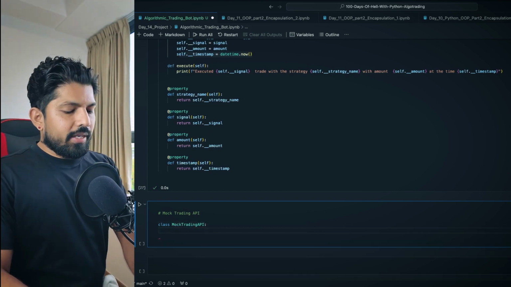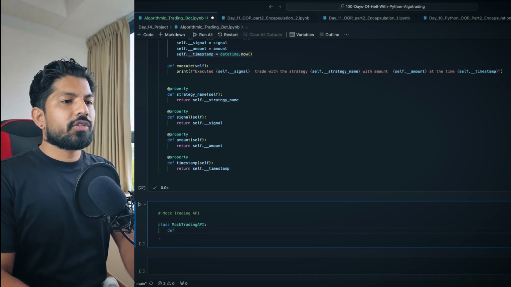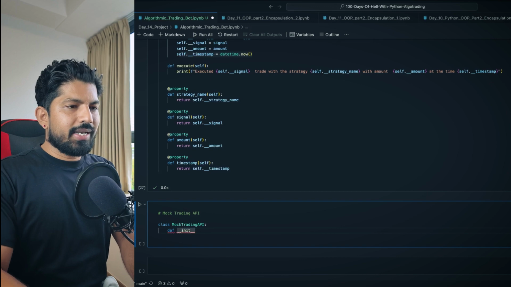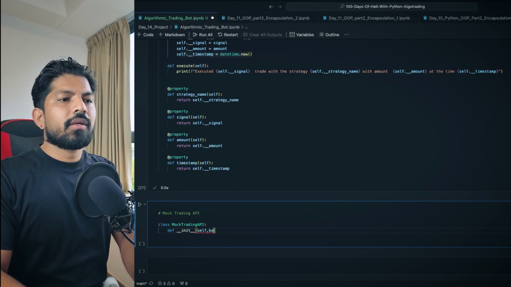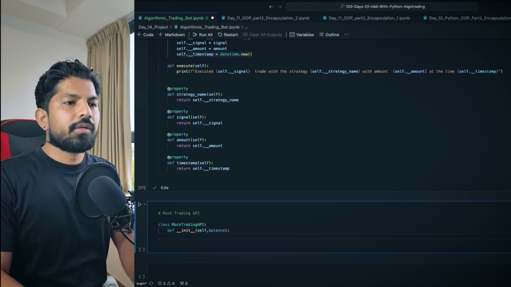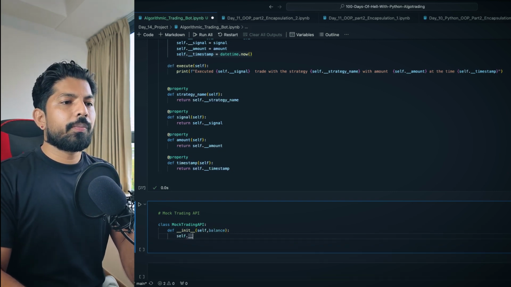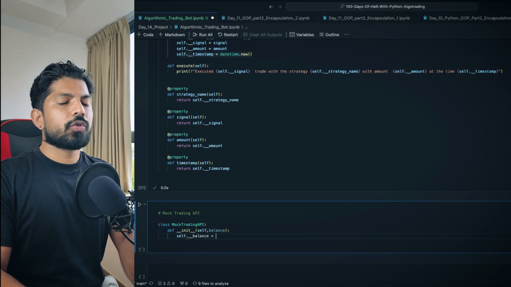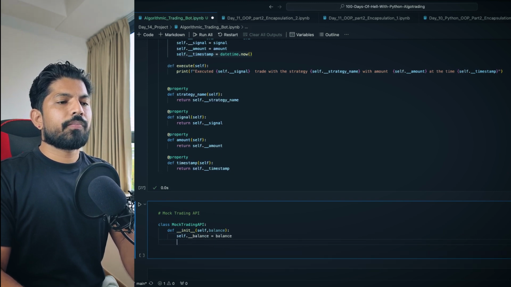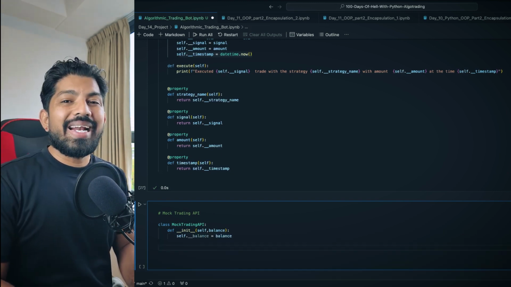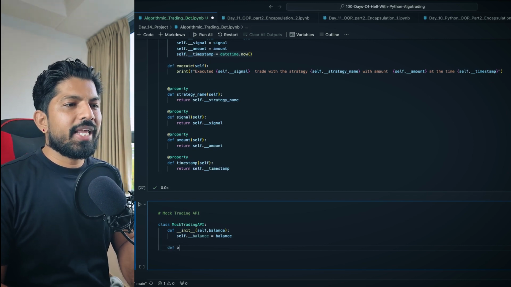and then as usual we'll create the constructor, and inside that we'll pass self and the balance as a parameter. Then we'll make it private. So balance is equal to balance. And now I want to create another method with the name place order, right?